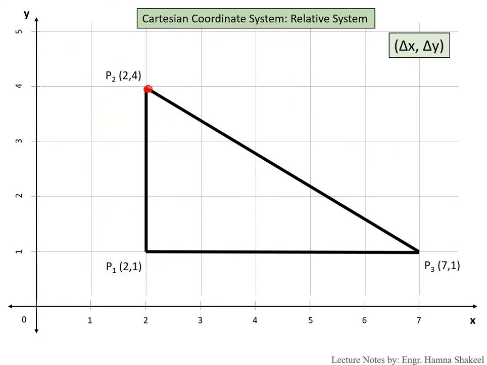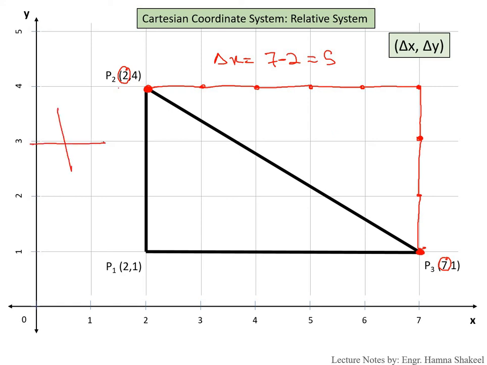Now let's move from point number P2 to point number P3. To move from P2 to P3, you have to move 1, 2, 3, 4 and 5 units in the horizontal direction. So you can see here you have 7 and here you have got 2. So delta x is 7 minus 2 equals 5. And in the y direction you have to move 1 unit, 2 units and 3 units in the downward direction. The downward direction is negative direction.